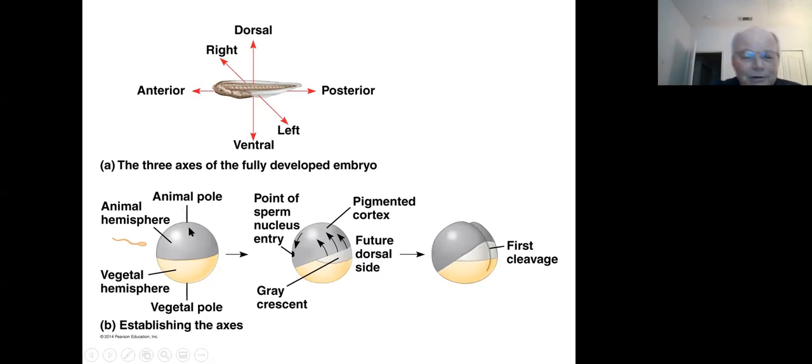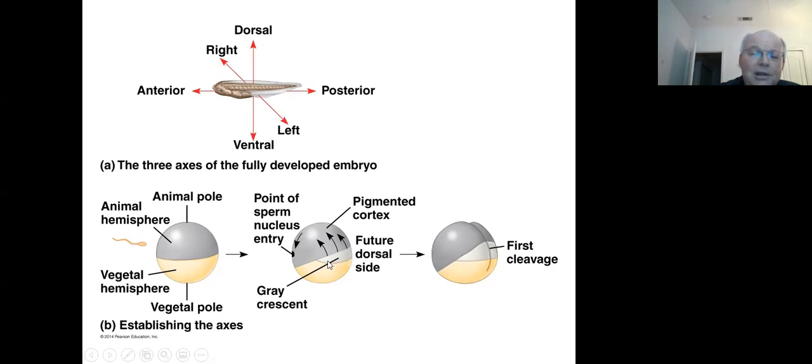Remember, the actual anterior-posterior axis is not pole to pole, but it is hemisphere to hemisphere. When the sperm enters in, you have the melanin-containing cortical layer rolling backwards to expose the unstained region and gives you the gray crescent,